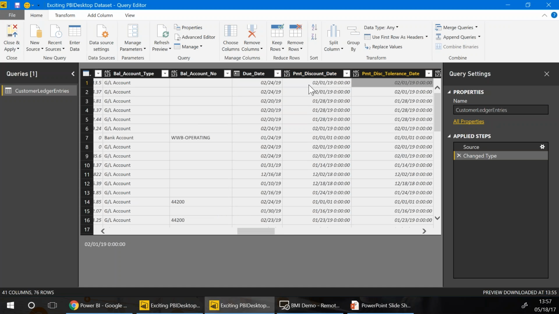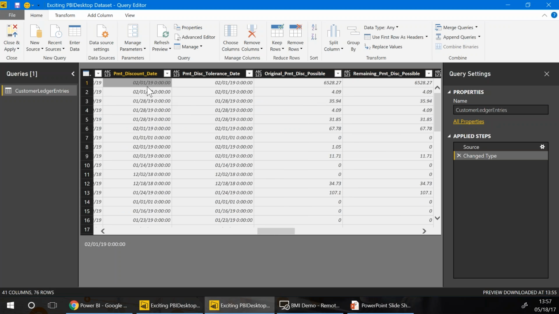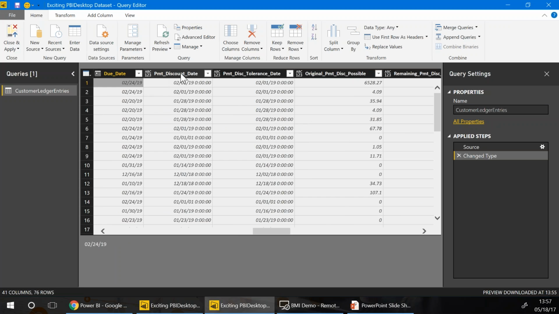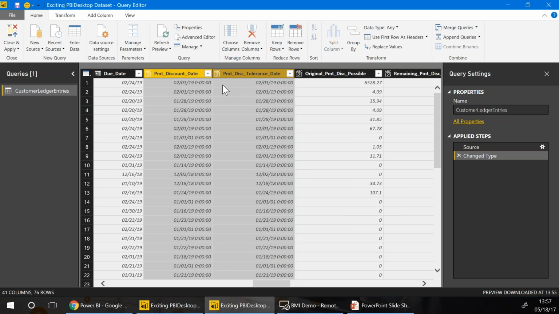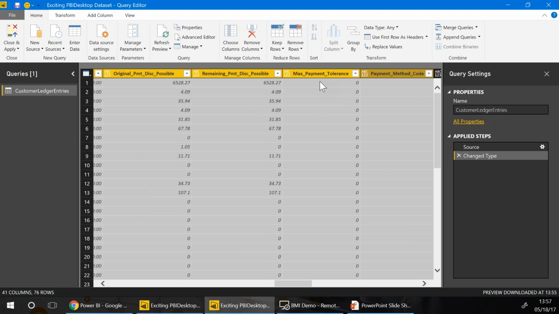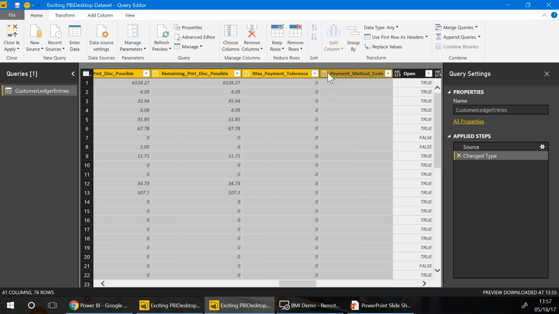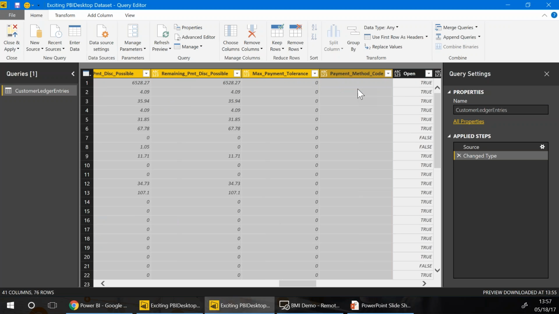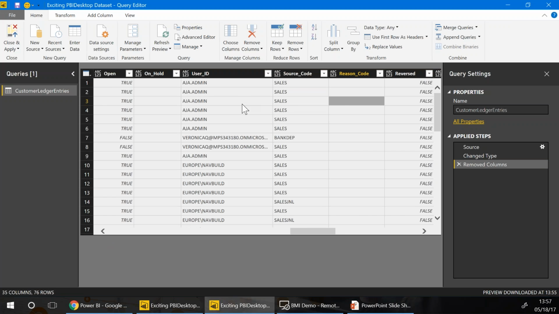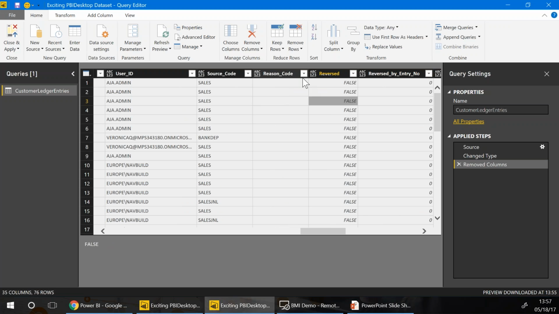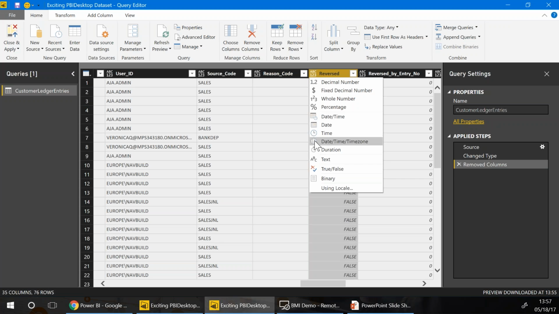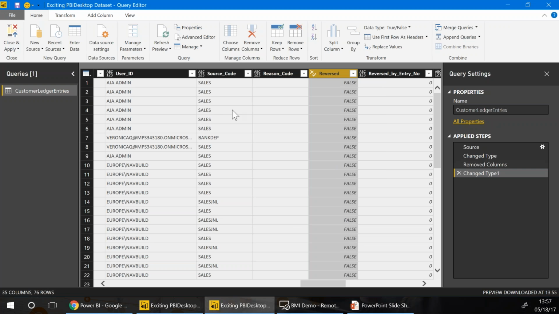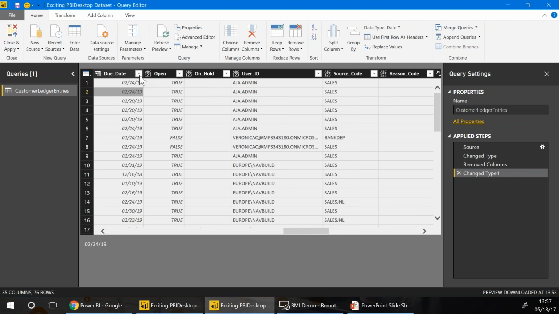Okay. And then as I scroll down more, I'm going to skip a couple things that I don't care about. I could actually delete these fields. So I look at this and go, not really important to what I'm trying to do here with my report. So I can right click and delete these fields that I don't actually need. So remove columns. And then finally, as I have things that are true false, I can also select a Boolean option here. So true false, the system would know this way that this is a true false type of field,